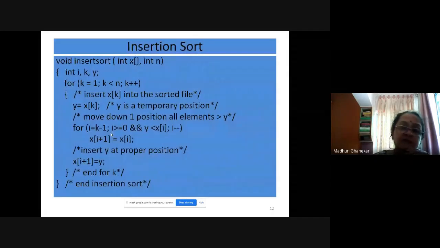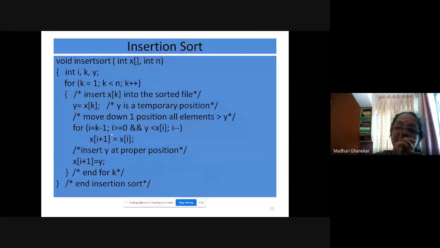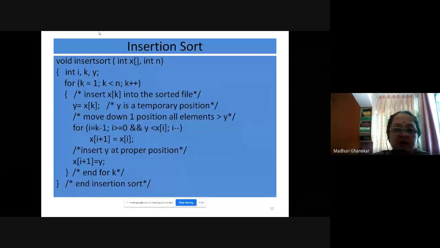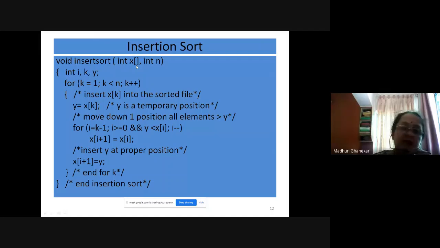Now we will see the insertion sort program. As I mentioned, we will be writing one main program and different functions for different sorting techniques. For insertion sort, we will write one function, and what we pass to it is the array X, whichever array you want to sort.